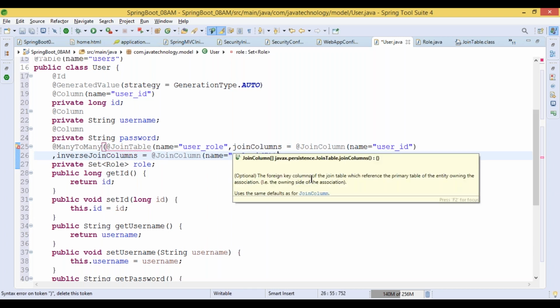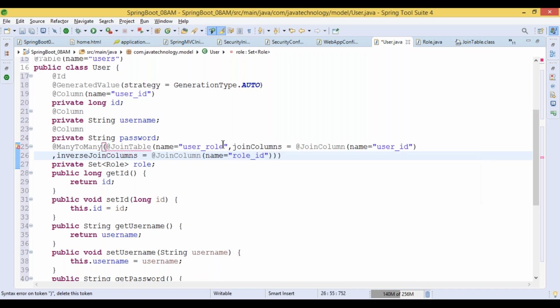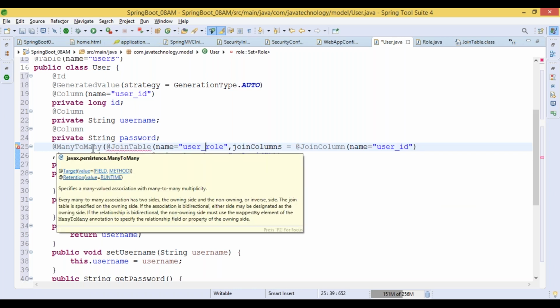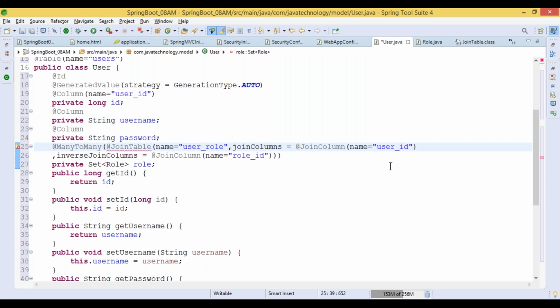Join columns. Name of the table we gave. Many to many. Name is equal to user. I think curly braces are required.